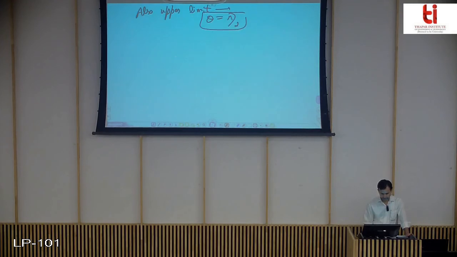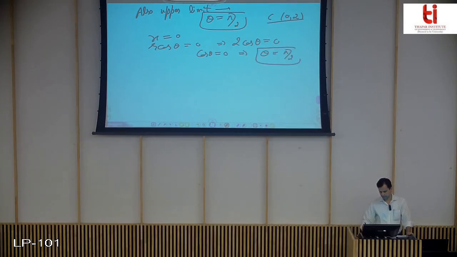Take any of the points, say x equals 0. x is r cos theta equals 0, which implies r is 2, since the point lies on the circle. So cos theta is equal to 0, which implies theta is equal to pi by 2. Yes, done. Even if you take y equals 2, you can get the same theta. But since it was a circle, we directly write theta is equal to pi by 2.